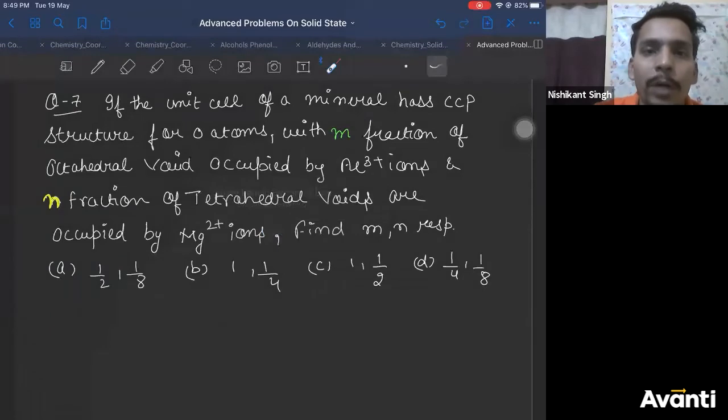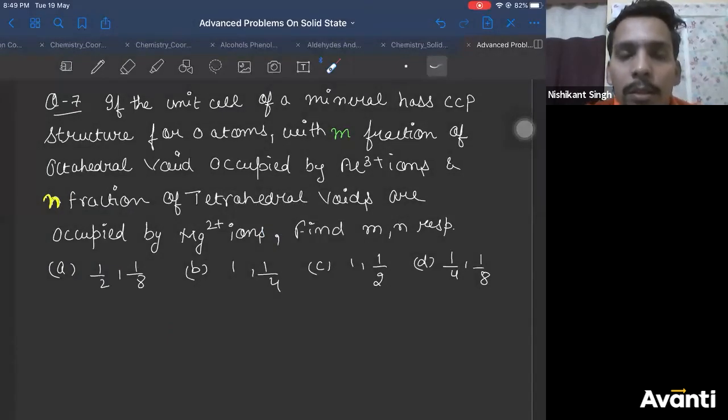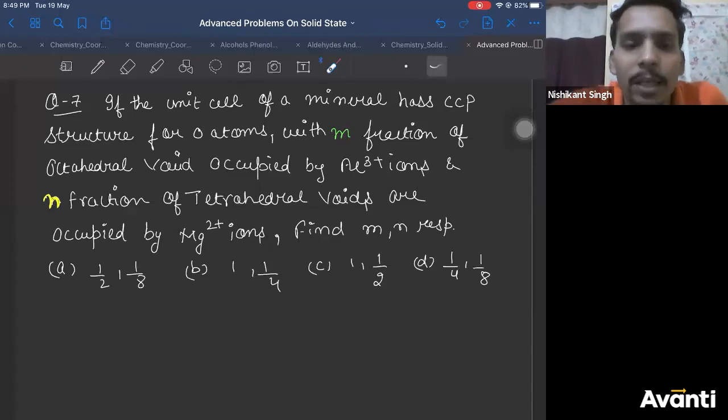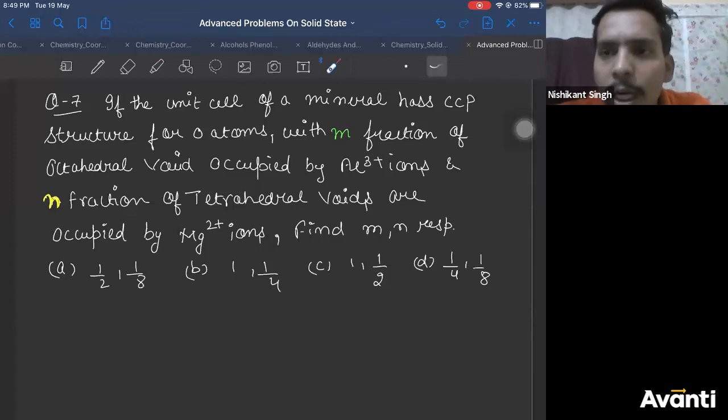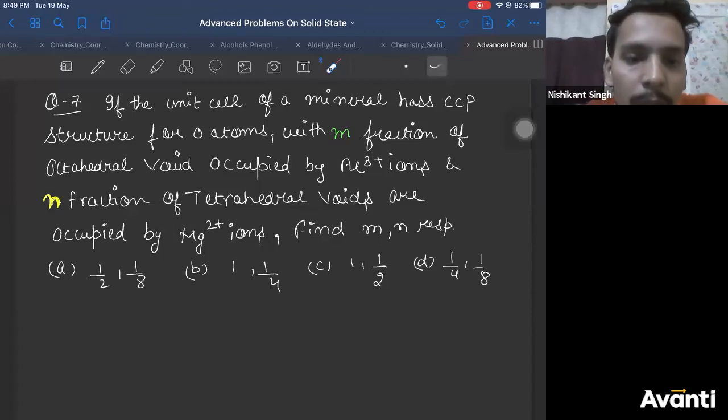I'll give you 1 more minute to understand this. So please think and answer. You can get it easily if you think and answer. This is, I think, a 2014 or 15 JEE Advanced question. So yes, please go ahead.